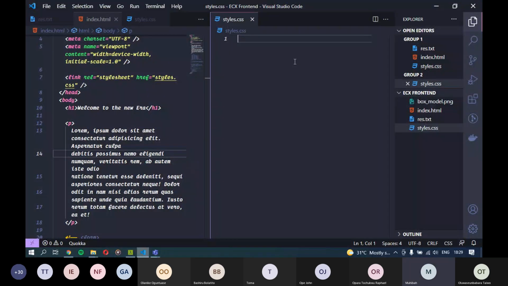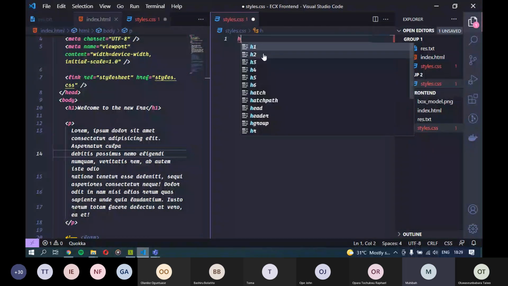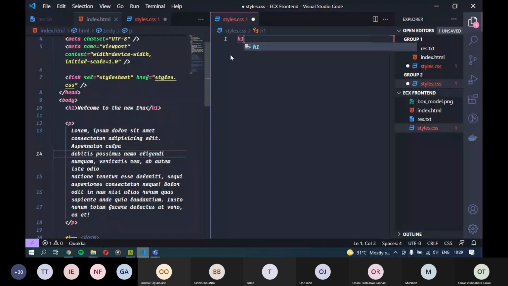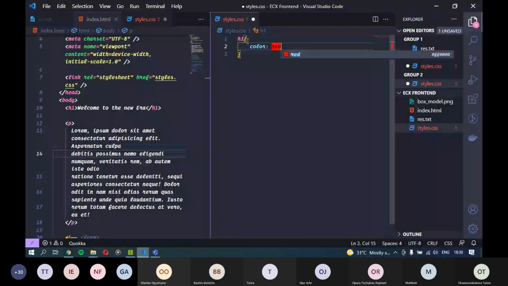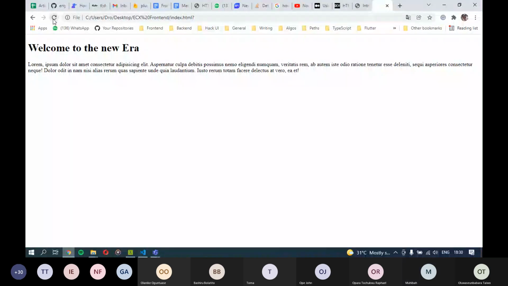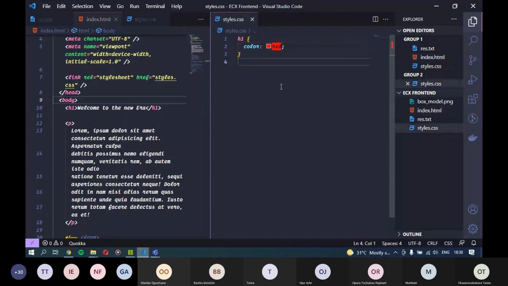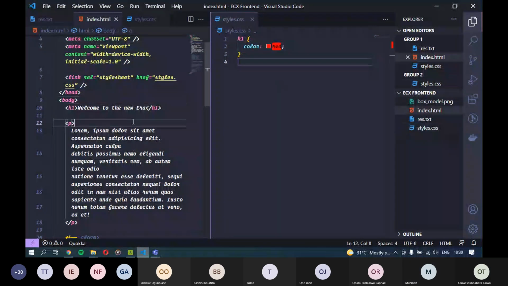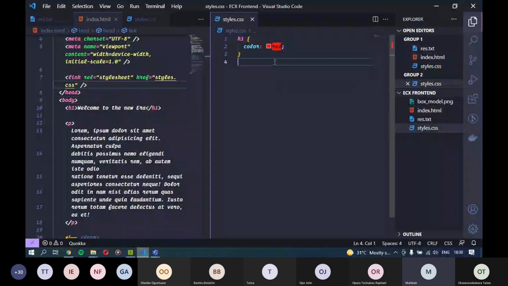So yeah, let's go into the styling. If we do the exact same thing that we wrote inside of our style tag, since we want to target the H1, we open our curly brace and say color: red, and we save it, and we come back here and refresh, we should have it being color red now. So now as you can see, we have linked our index.html file to our style sheet, which is a separate file. And this is the recommended way of styling your elements. You should not use inline style, you should not use internal style sheets, but instead use external style sheets.